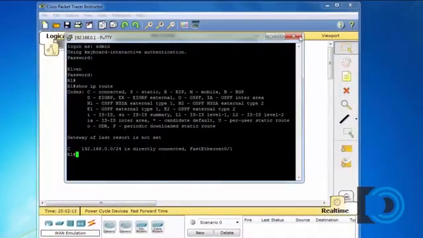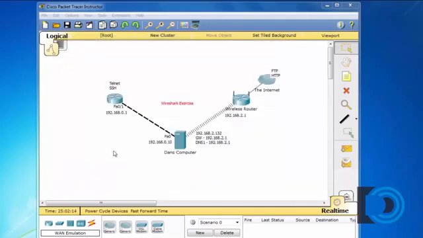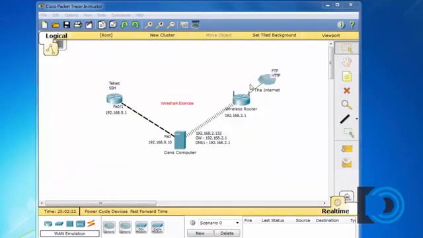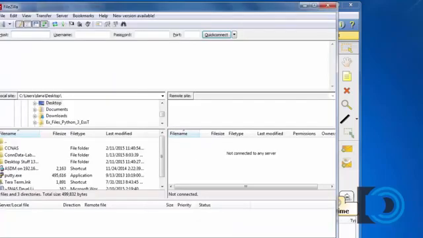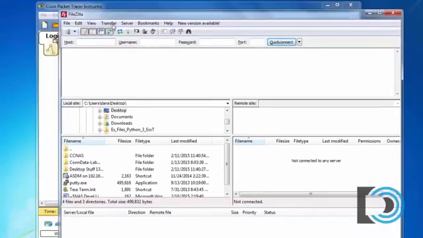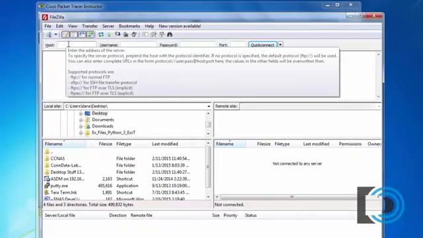That was SSH and Telnet. Now, what about FTP, File Transfer Protocol, and HTTP? So let's say I wanted to connect to an FTP server on the internet. So I just happen to have one here that we can use. So I'll open up a FileZilla connection to my web host,